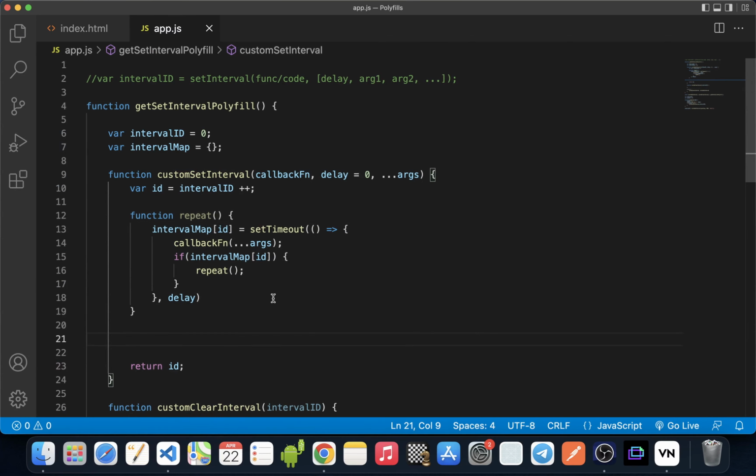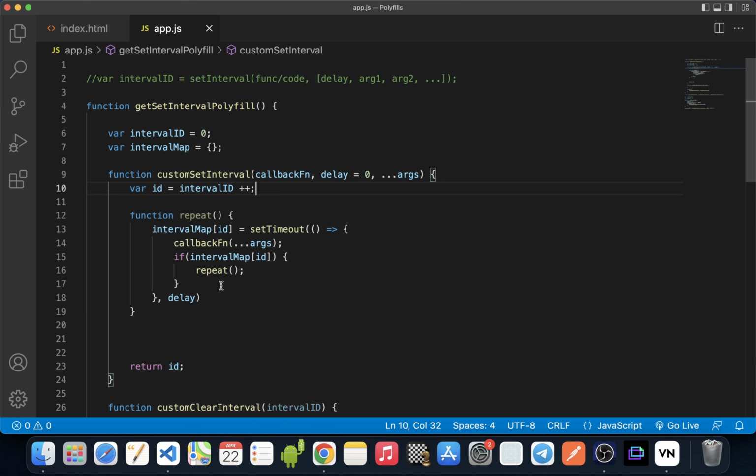Let's just quickly go through what we did till now. So we created a custom set interval function with three parameters: a callback function, a delay, and all the rest of the parameters. We created a unique id that will act as our interval ID. We created a repeat function. Inside that repeat function, we create a mapping of this unique interval ID we created and the timeout ID that will be returned to us by the set timeout function.